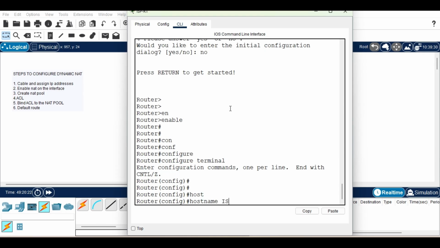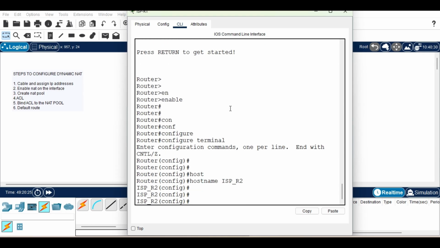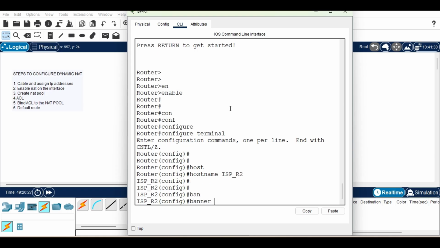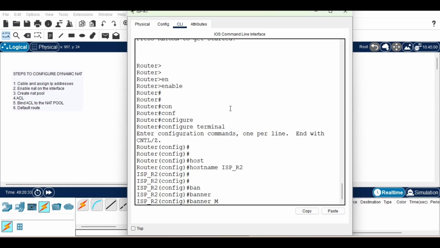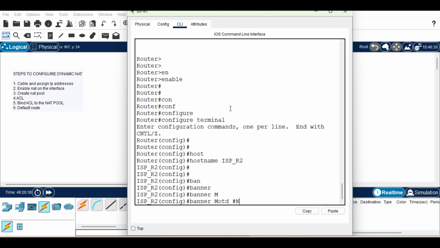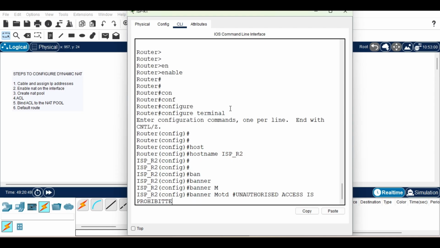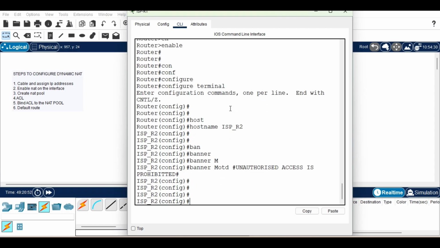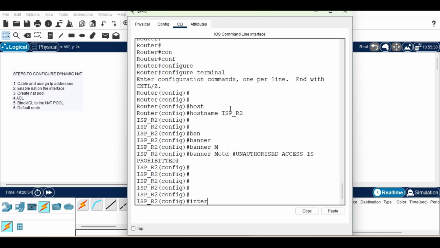Hostname ISP_Router2, banner. So interface,